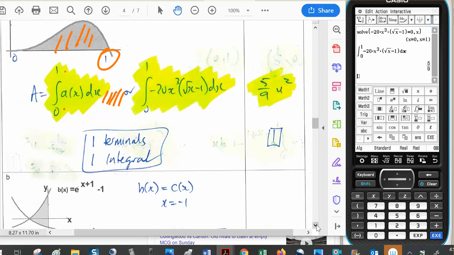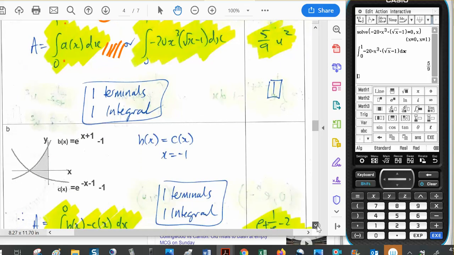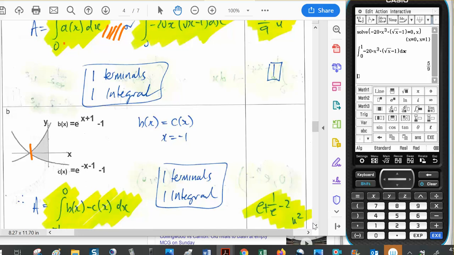In part B, I've got area trapped between two curves, between this point and this point. So I need to find, that is the y-axis. So my upper terminal is going to be 0. I need to find where these intersect. So I've got